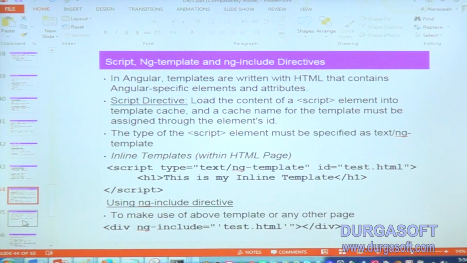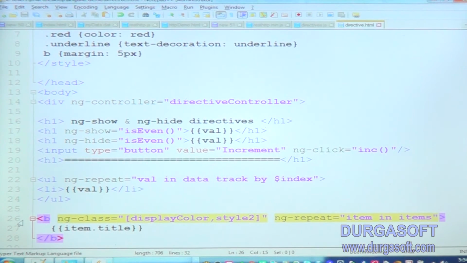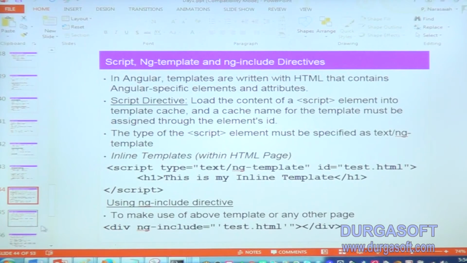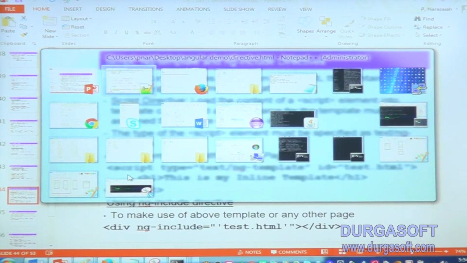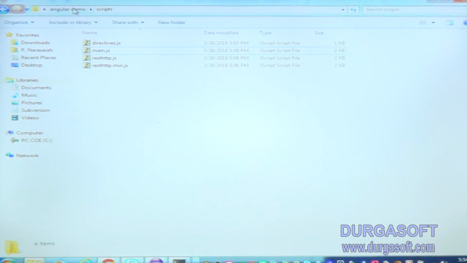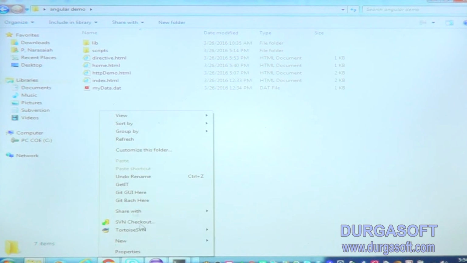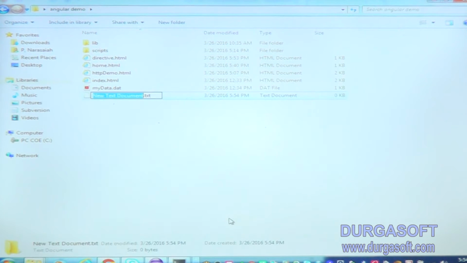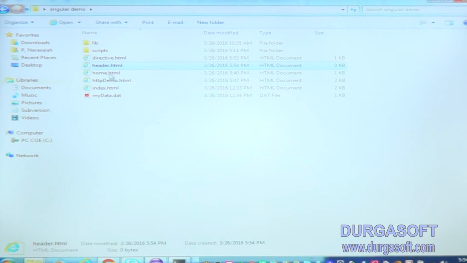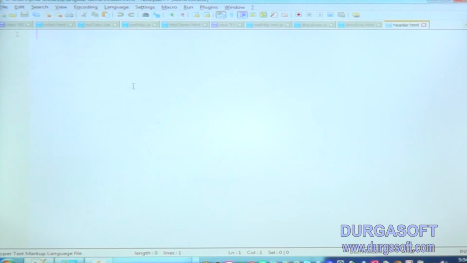Now ng-template and ng-include. Normally, if you want to include something, I have one page, a new header.html. This header.html contains some data like